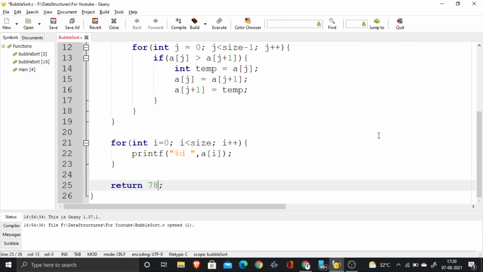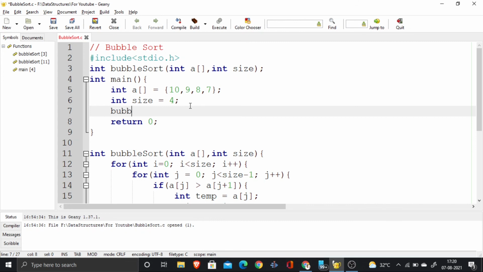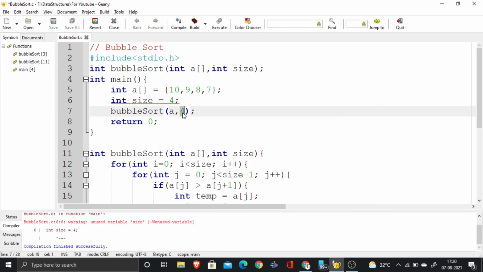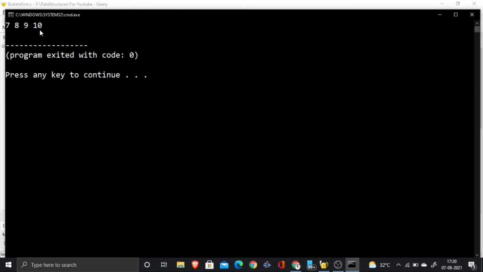That's up to you. Now I think I can run this program, but before running this program, we need to call the bubble sort algorithm and pass on this array along with the size of the array. Okay, instead of 4, I can just send size. So there are no errors. Let's build the program and execute it. You see that the array is sorted. For better performance, we can further optimize this code. The optimized code is also given in the description along with the code that is written here.